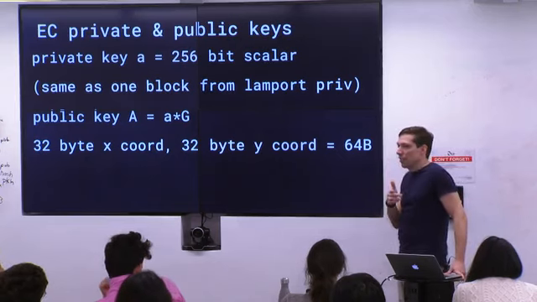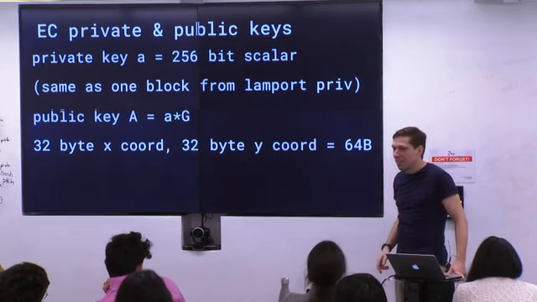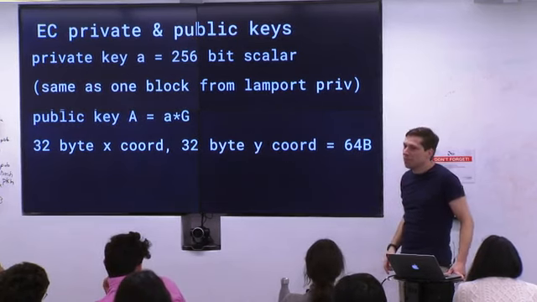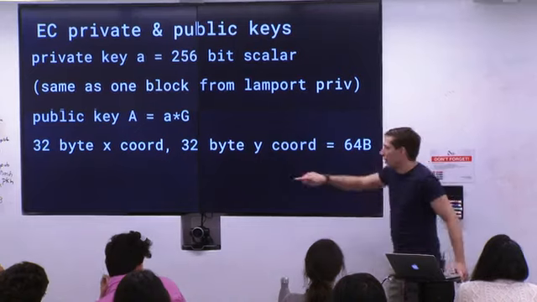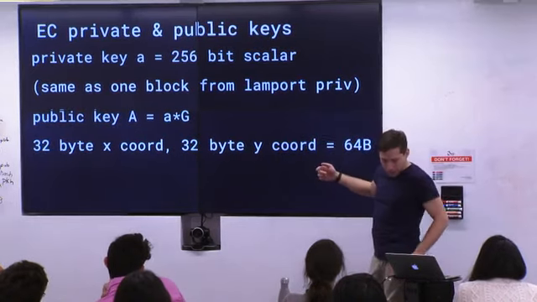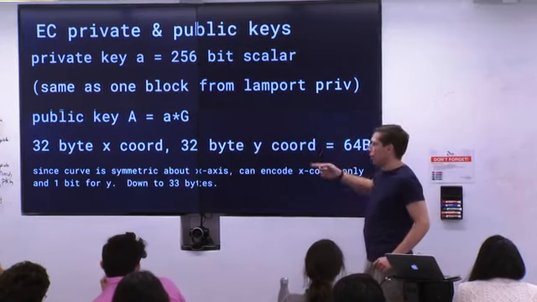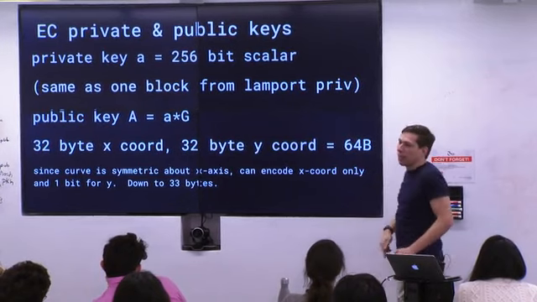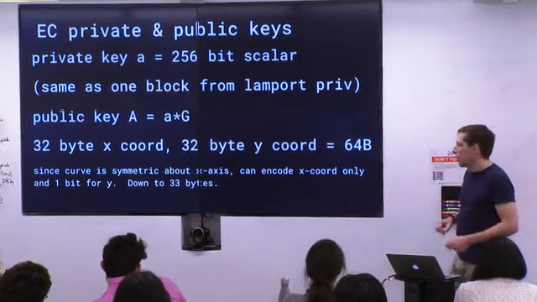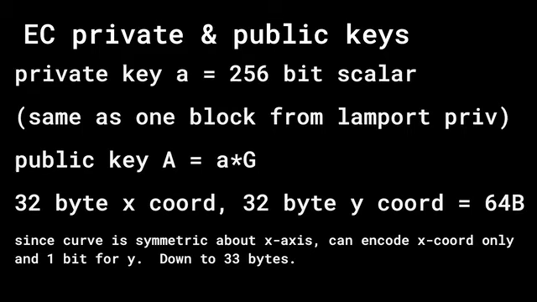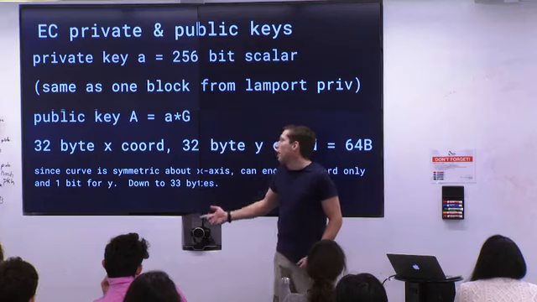Any ideas? Yes. You just put one of the x or y coordinates and say which side. Right. So you take the x coordinate and encode that, and then just have one bit for whether it's on the top or on the bottom, and then let them figure out exactly where it is. Right. So you can encode the x coordinate only and one bit for y, and then you're down to 33